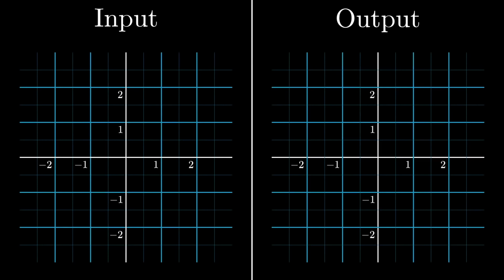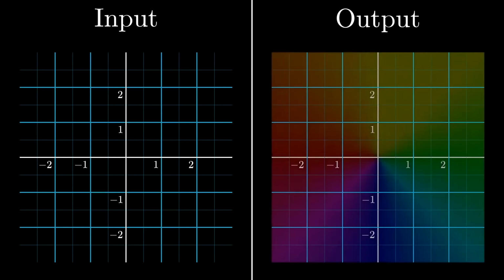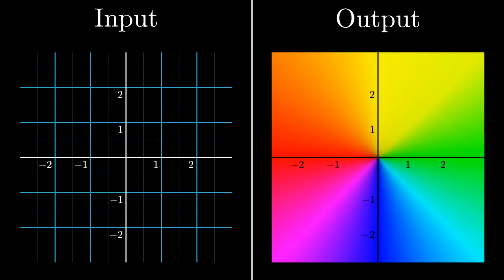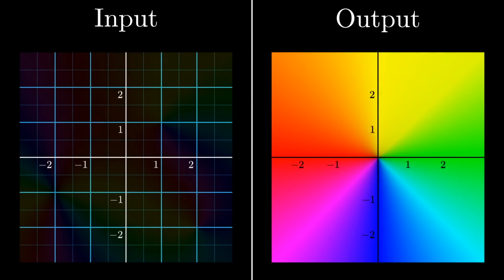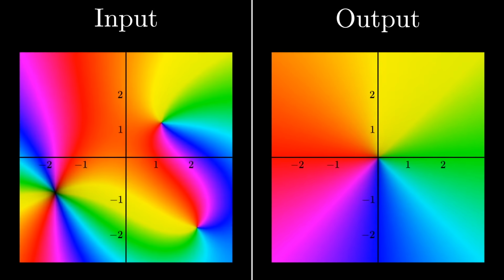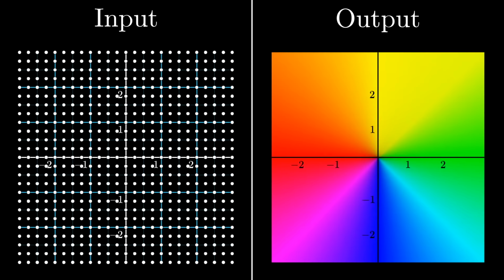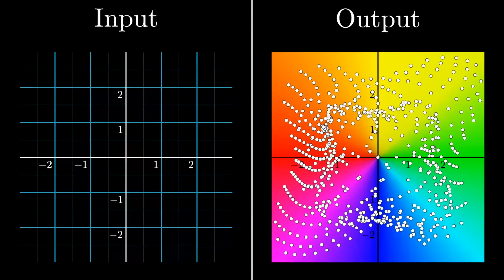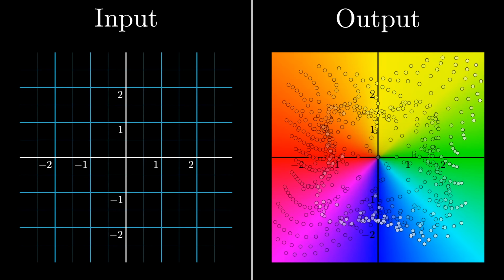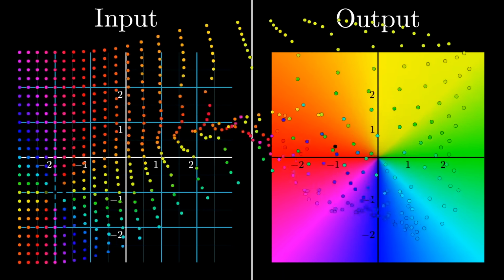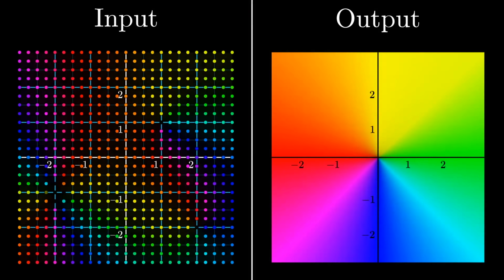So for thinking about functions, now that we've decided on a color for each output, we can visualize 2D functions by coloring each point in the input space based on the color of the point where it lands in the output space. I like to imagine many different points from that input space hopping over to their corresponding outputs in the output space, then getting painted based on the color of the point where they land, and then hopping back to where they came from in the input space.